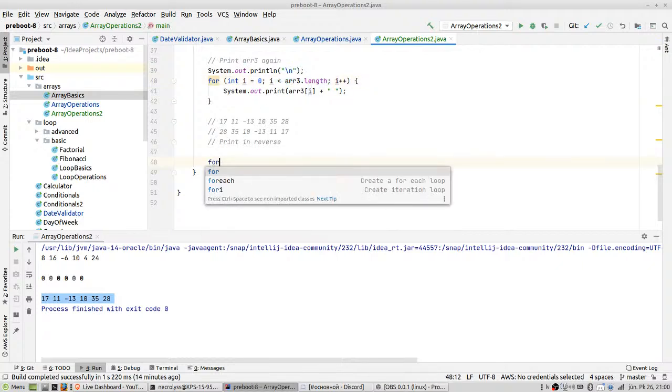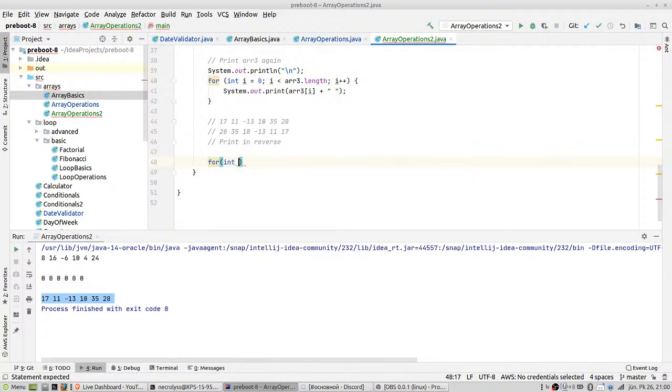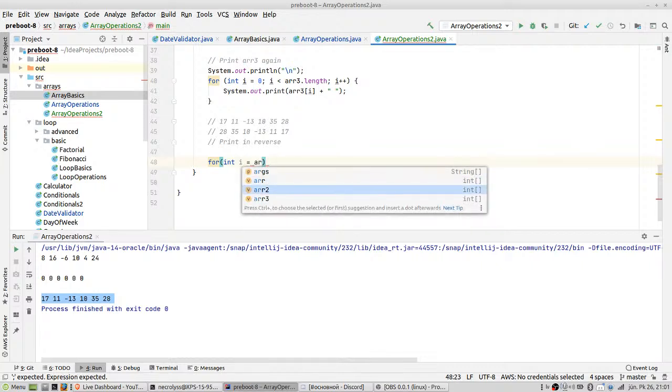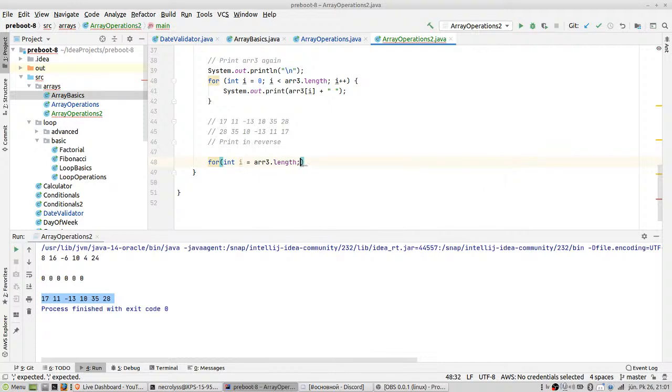So let's write this. int e is equal to not 0, but array length. Then the condition would be inverse, so e is more or equal to 0. That's an important moment: equal to 0, because the last one will be 0, this will be the first element and we should include it. And here we change this e++ to e minus minus. But look,